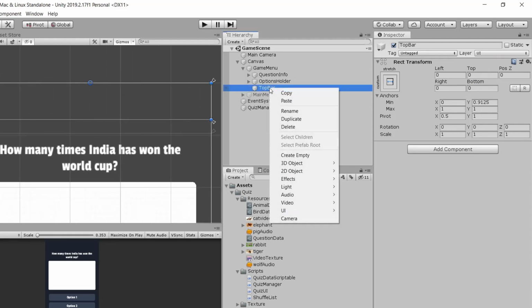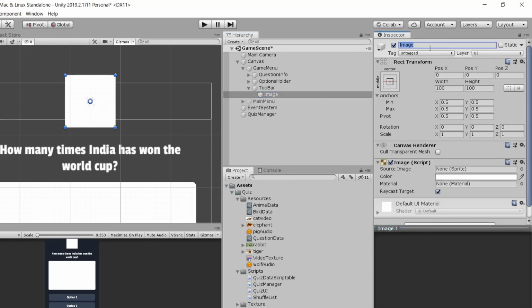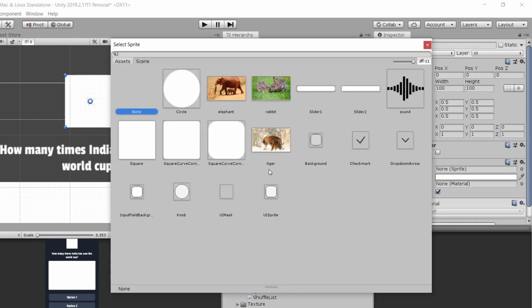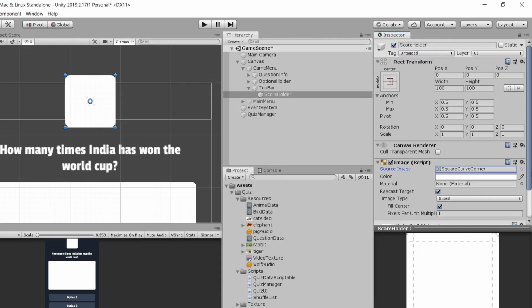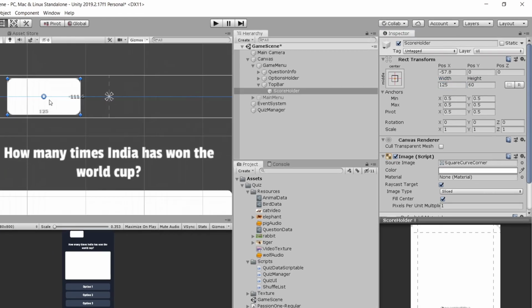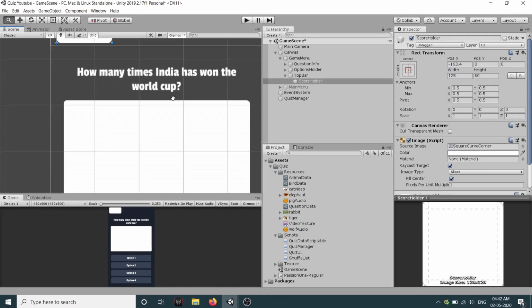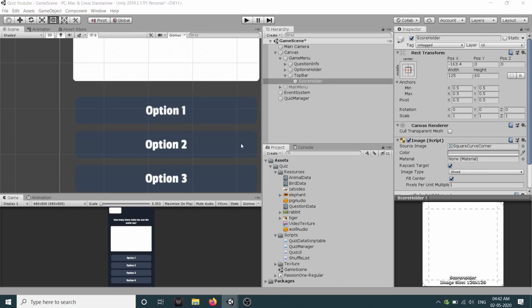Now we need a score holder, so create a UI image, and we will call this score holder. Let's change its image to, let's say, this one. Let's set height to be 60, width 125, and we'll set its color to be this one.